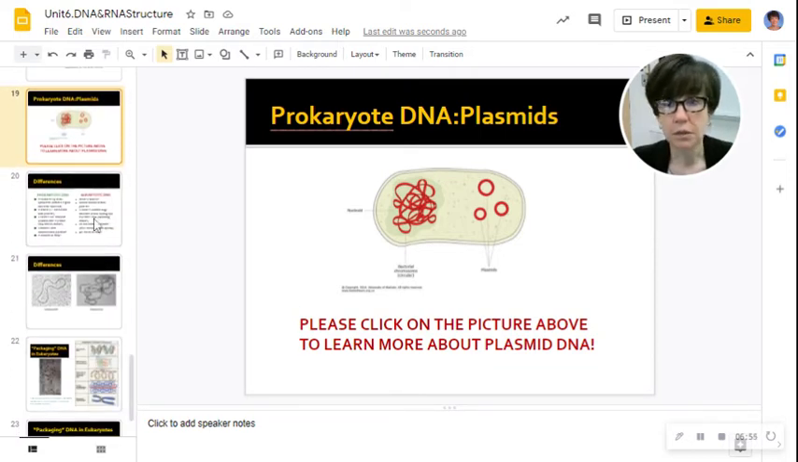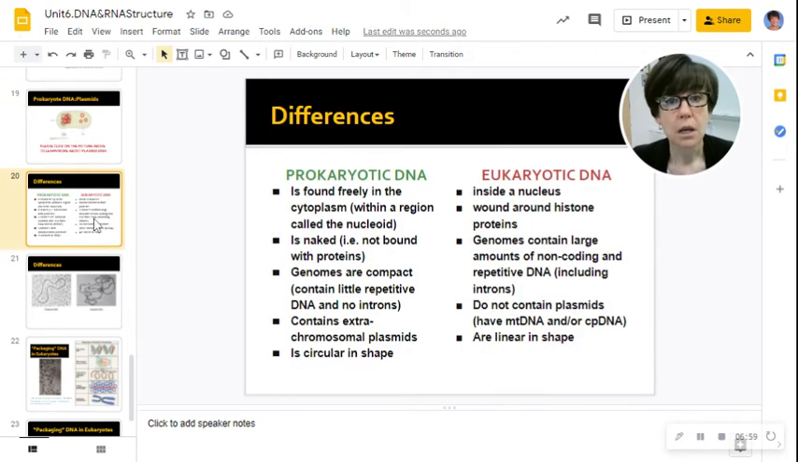So now, what are some of the differences between the prokaryotic and eukaryotic genome? In the prokaryotes, in the bacteria and the archaea, the DNA is found freely floating around in the cytoplasm. It's not encased, as we said, in a nucleus. It's not membrane bound. They do have a region that they call the nucleoid, but it's, again, not surrounded by